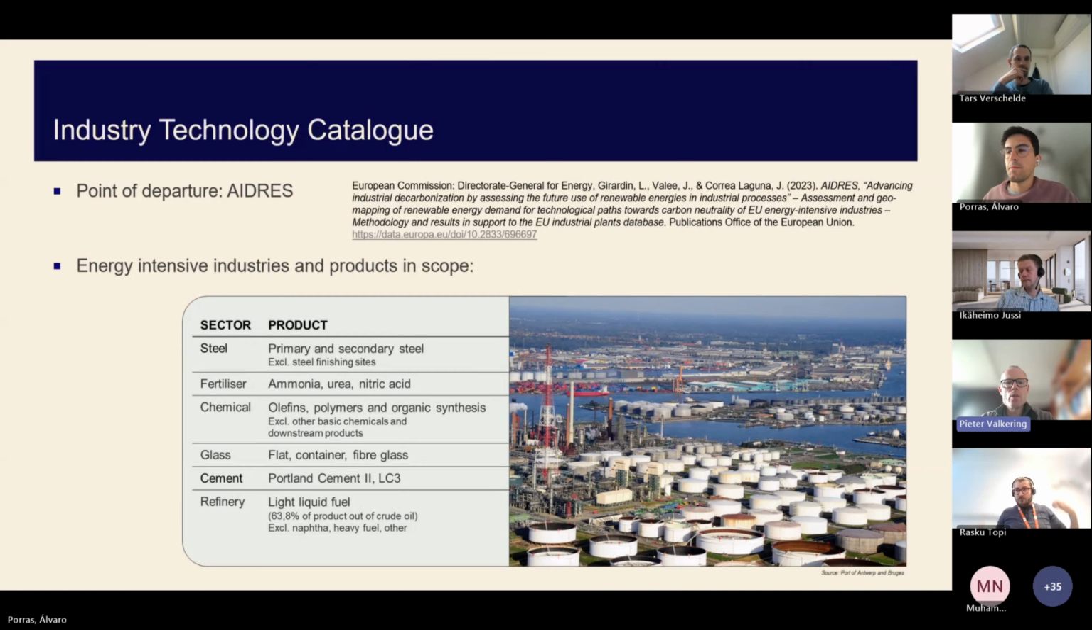And it's the core, say, of the data set focuses on the most energy intensive process industries that you see here on the slide, covering steel, fertilizer, chemical, with 3 variations, basically olefins, polymers, and organic synthesis, the glass sector, cement, and refineries. And just to really understand what is in the database, if you go to the next slide,